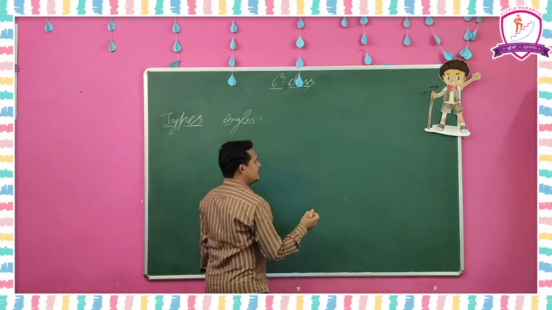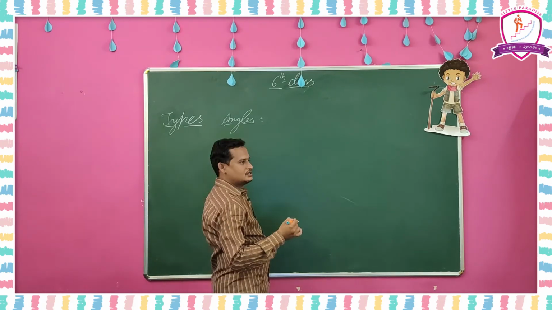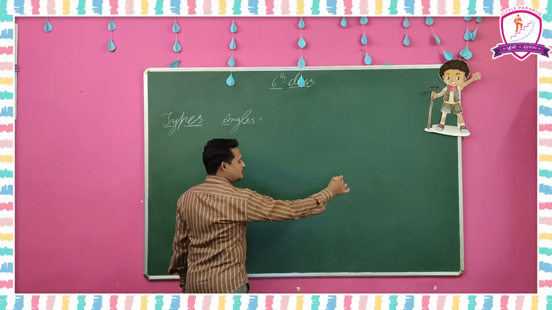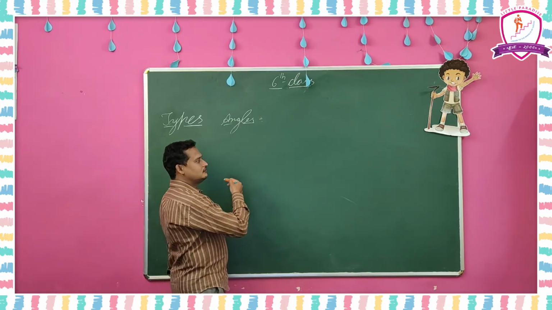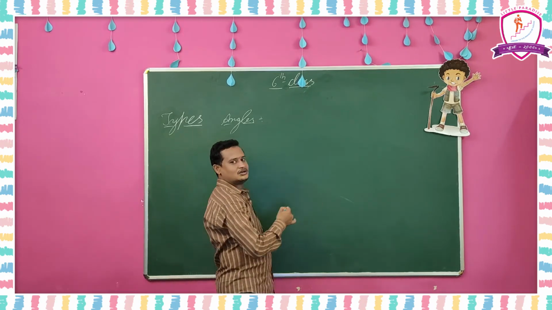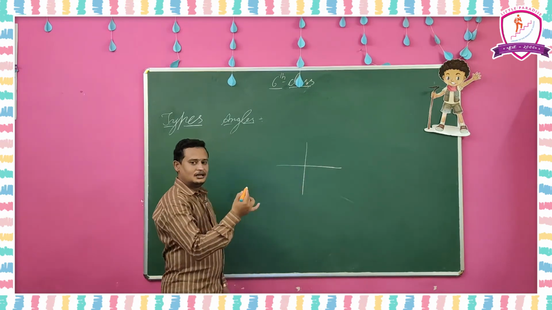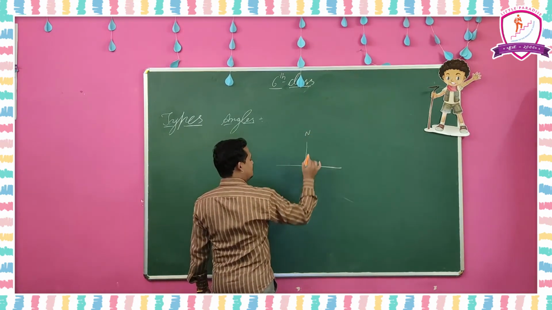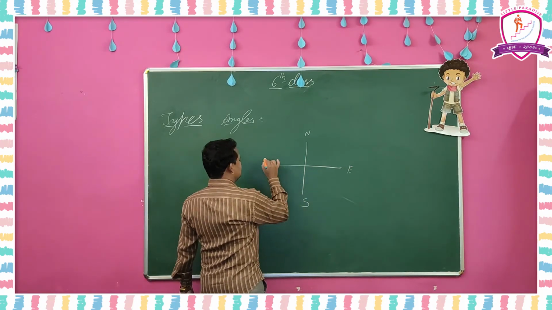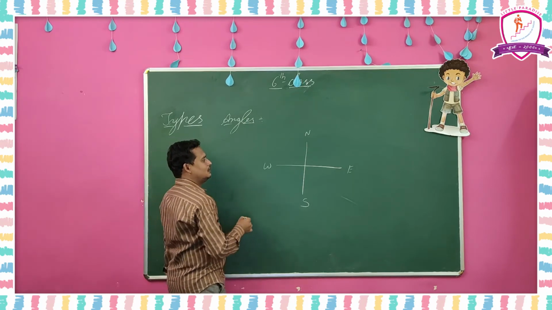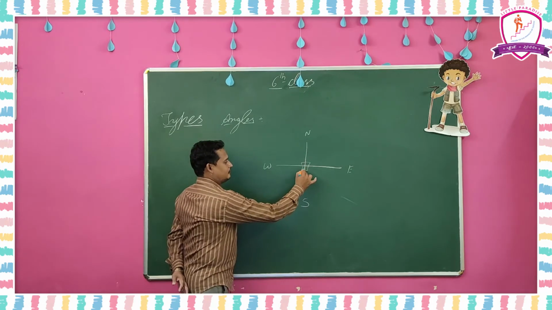So here clockwise and anti-clockwise you have to know first. Clockwise means the side in which the hands of the clock turn, that rotation is called clockwise rotation. If the rotation is opposite to that, it is called anti-clockwise. So anti-clockwise rotation. So here north, south, next east, west. So here the angle between every direction will be 90 degrees only.